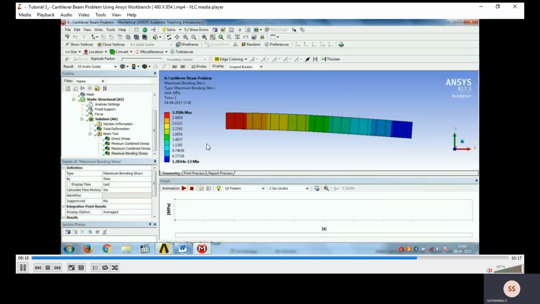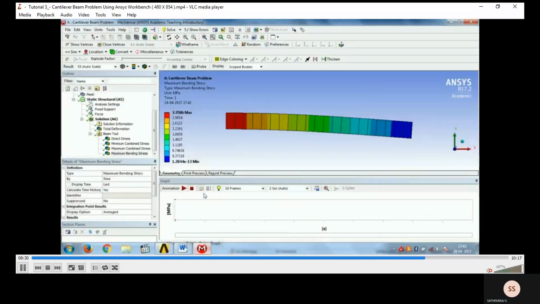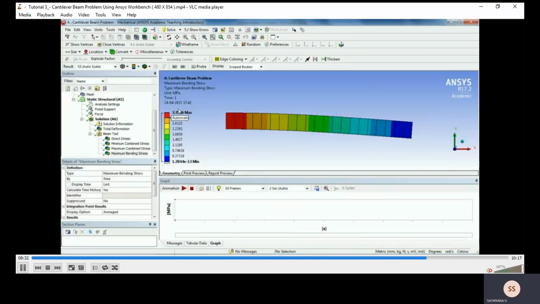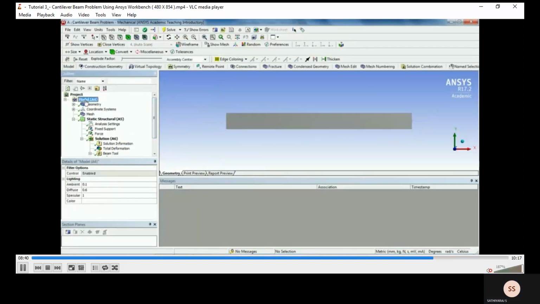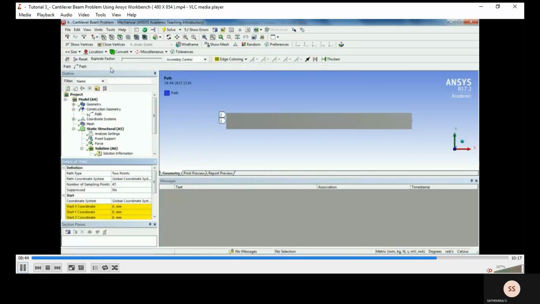Just look: at one end it is minimum and at the other end it is maximum. Where the force is acting, the maximum bending stress will be acting. Comparing the theoretical value and the ANSYS value, we get 3.358, which is almost nearest to the theoretical value. So these are the results we get through ANSYS for the non-linear cantilever beam.